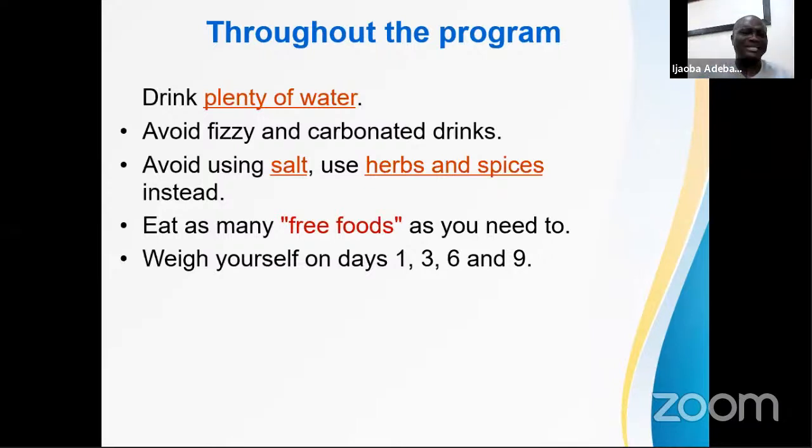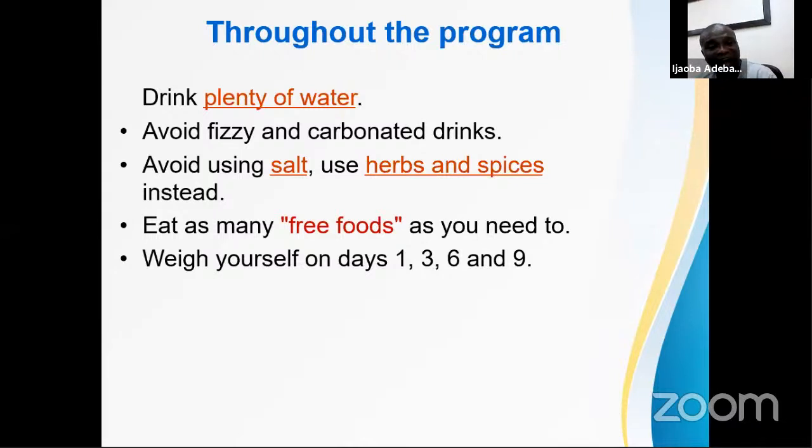When should I weigh myself, ladies and gentlemen? Should I weigh myself throughout the whole program? No. The first day, you need to weigh yourself. Know your weight because you want to set a goal. I know that I weigh 78 and my height is 1.78. When you square 1.78 and use it to divide my weight, which is 78, you get your answer. Your answer is your body mass index.